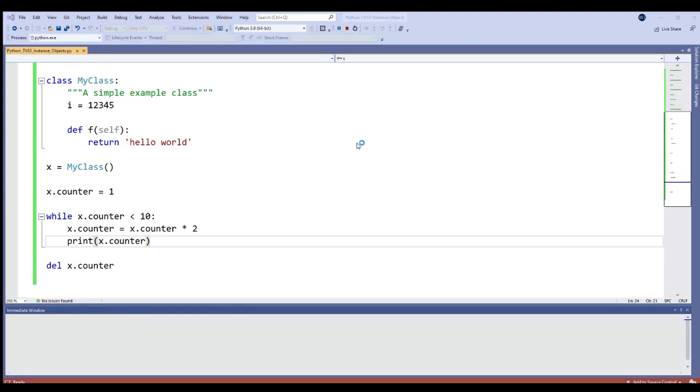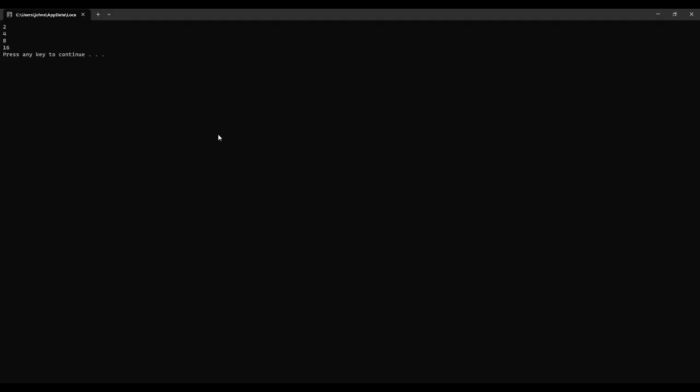Boom, boom, boom. The code ran, but you can't see it, but we're going to show it to you here in just a minute. All right, here we go. Now we've run the code. What does the code do? 1 times 2 is 2. 2 times 2 is 4. 4 times 2 is 8. 8 times 2 is 16. Oh, wait, 16 is bigger than 10. Stop what you're doing. Do something else. And that's it. That's the end of the